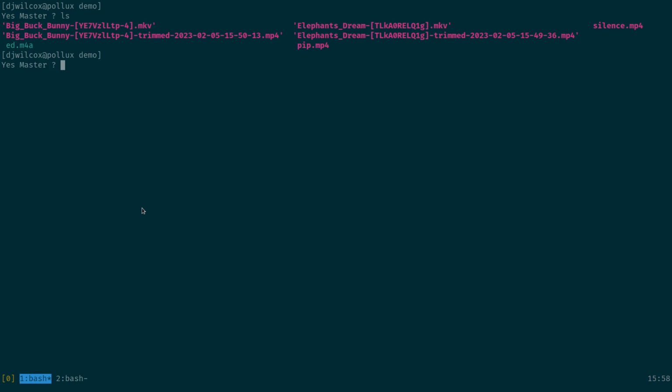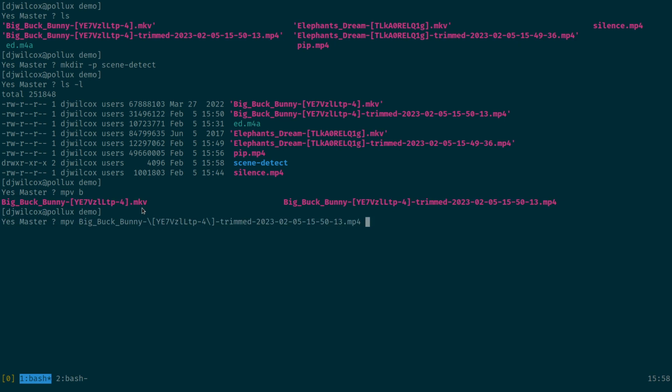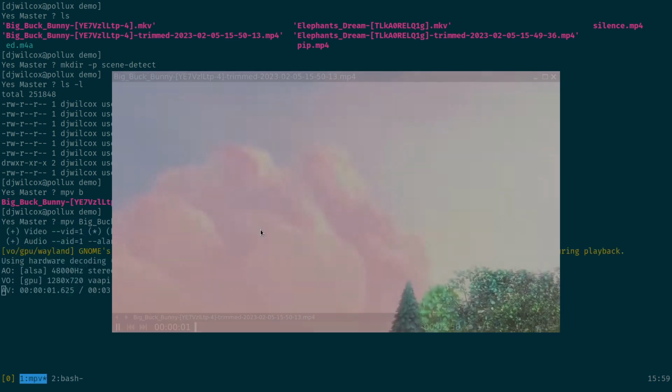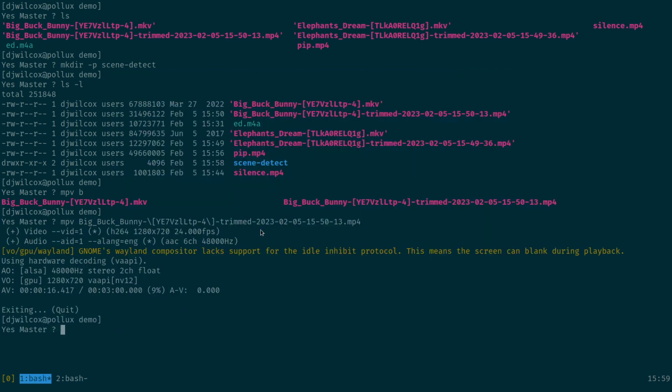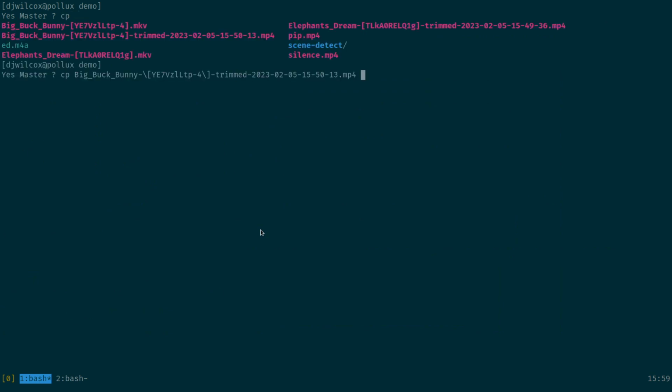So make directory scene detect. Okay, so what I'm going to use is the little trimmed clip so that it doesn't take ages to do the demo. So this is the 3-minute clip. So cp Big Buck Bunny trimmed scene detect